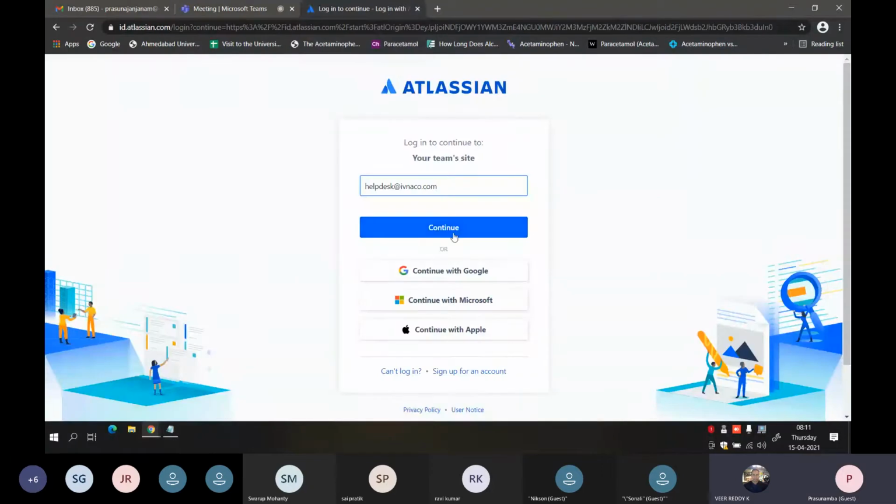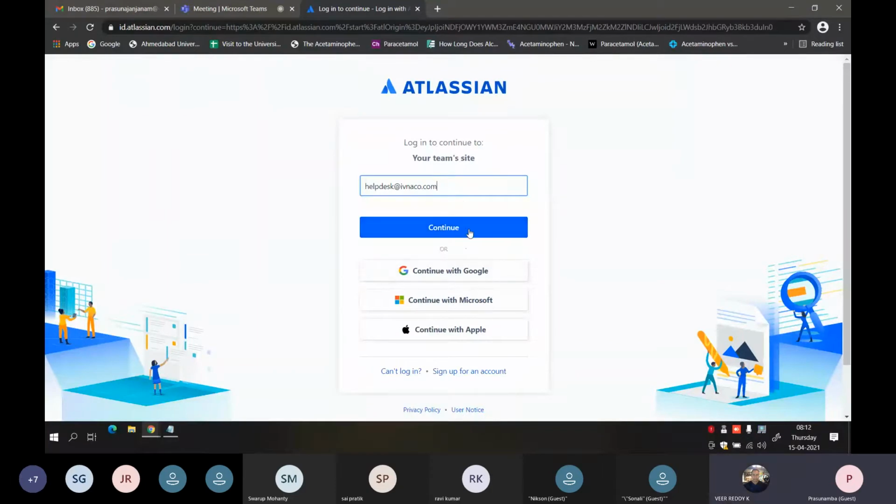So if you simply see, they have already given that Jira is integrated with all of this. Basically, if you have a Google account or a Microsoft or an Apple account, you can log in using those accounts too. The best method is using just the email ID, because you always need not have to log into Jira with Google.